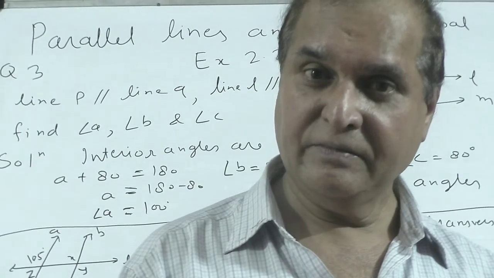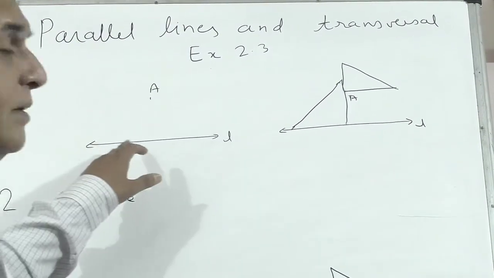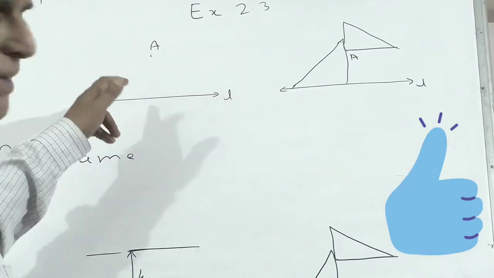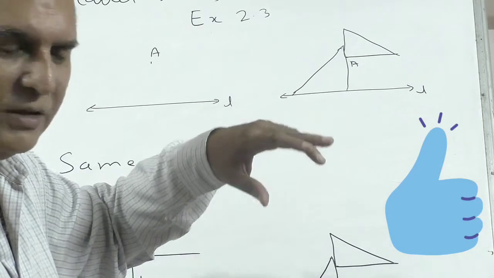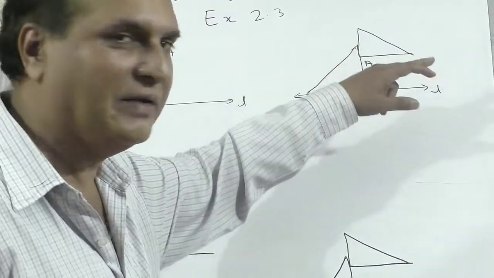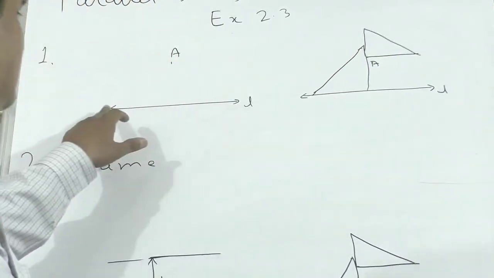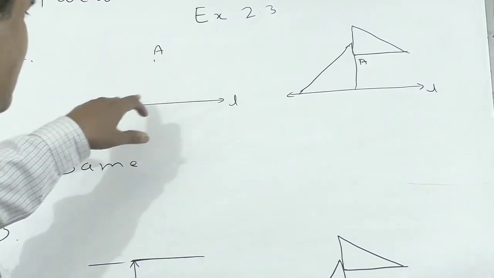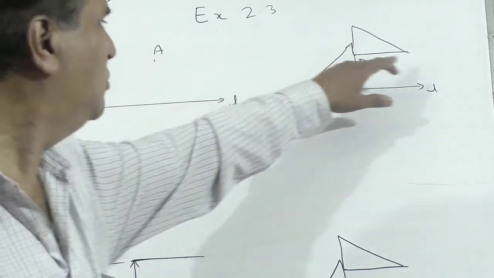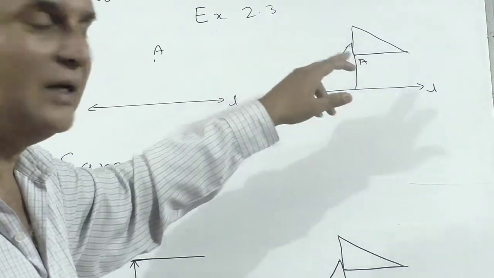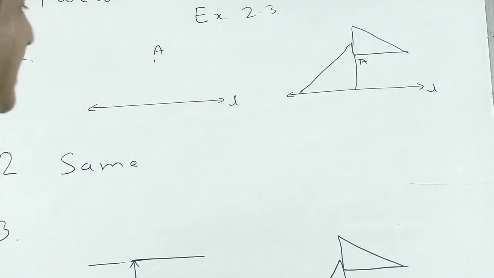We'll go ahead. Question 3 of exercise 2.3. Okay. Very simple. Just to draw parallel lines. See, if you hold set squares, then you can see parallel lines. One this way and one this way. Then you can easily find. Draw line L, take a point outside this. Put one set square like this, another like this, then these 2 lines are parallel. This should touch A. And then afterwards you can extend the line. That is a parallel line through A.